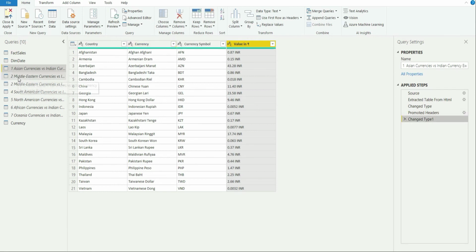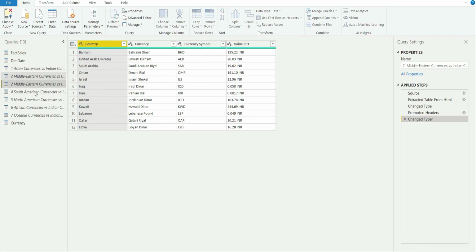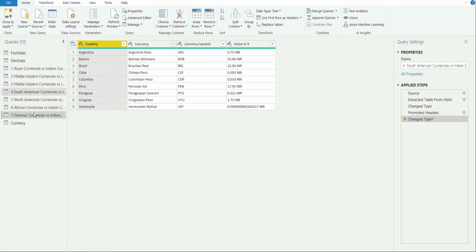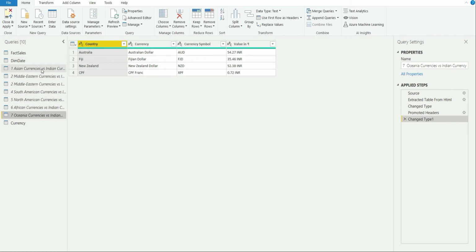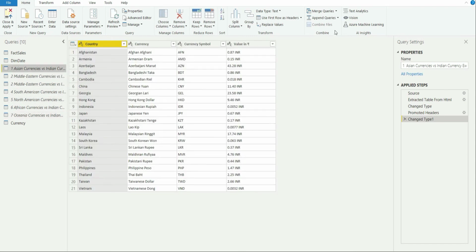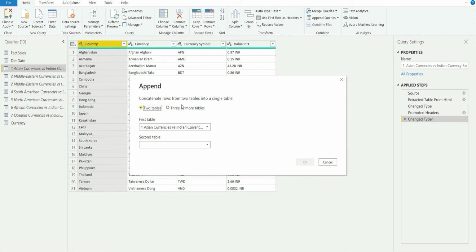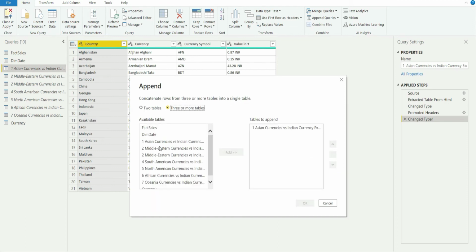So I have done this step for all of those 7 queries, right? Now, once that step of using the first row as header was done, I clicked on one of the queries and went to Append Queries, clicked on this arrow button and then clicked on Append Queries as New,